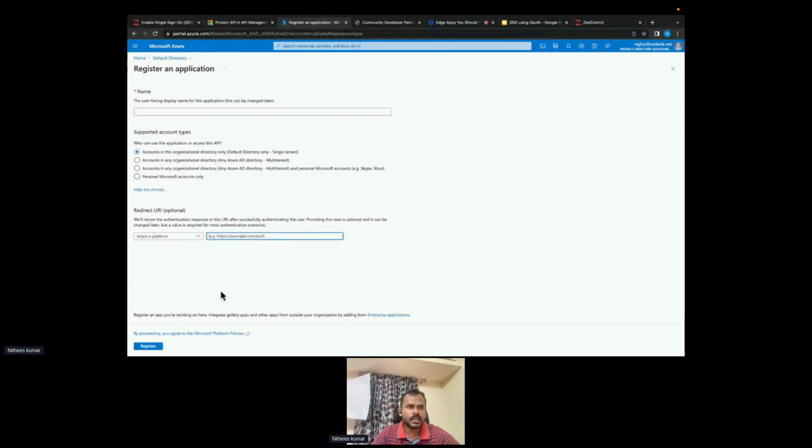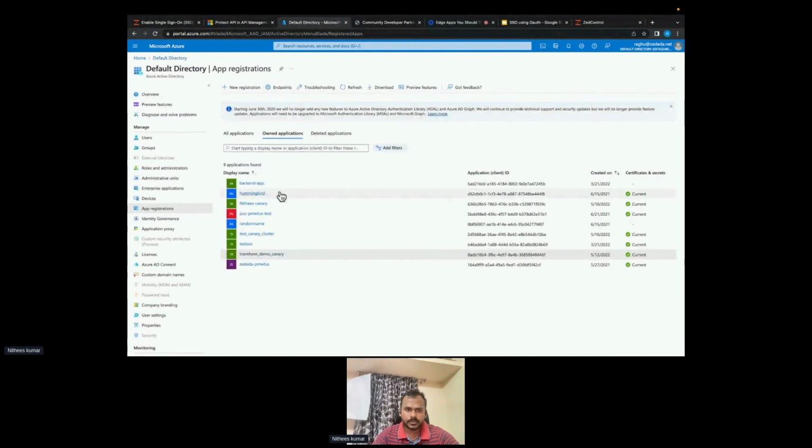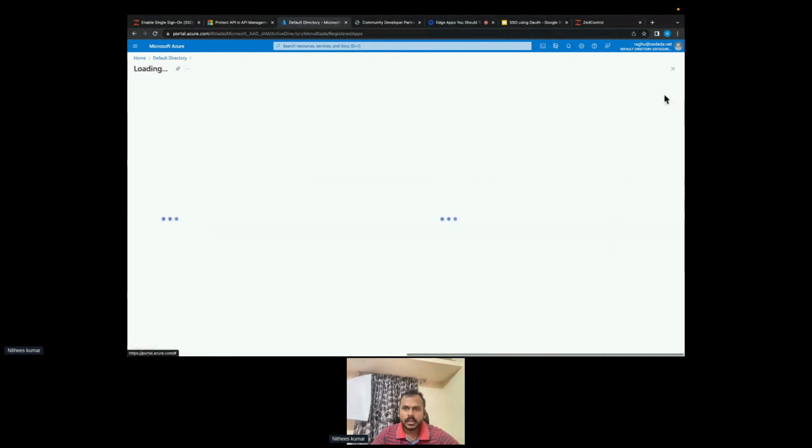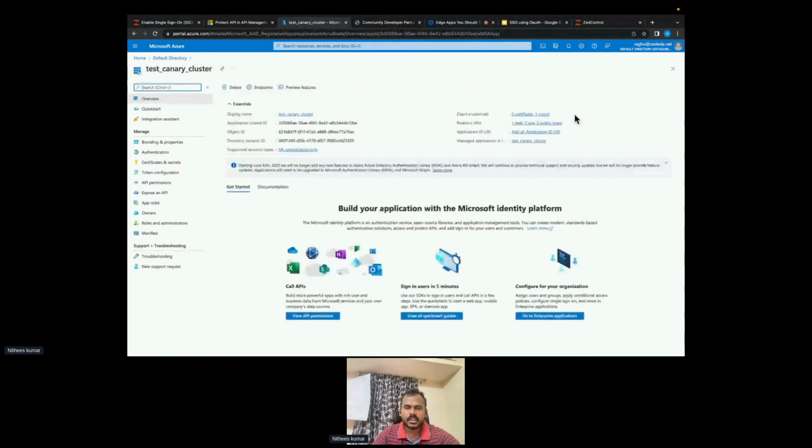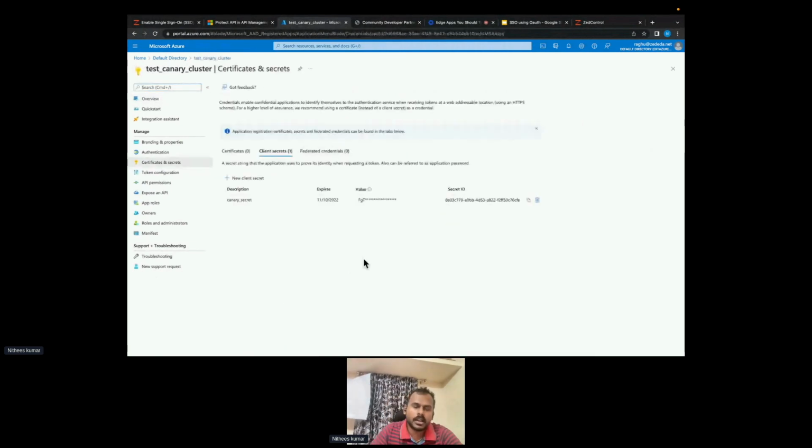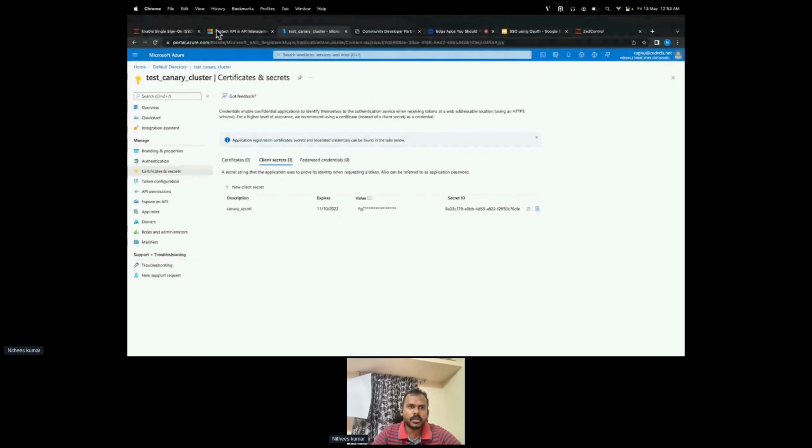Once we are done with the registration, then we have to go to the particular application, and we have to add the secret key. For Google, once the secret key is generated, at any time you can view and see the values. But for the Azure AD, it is generated only one time. At the time of the generation itself, you have to note the values of the secret ID and the value. Once this is done, you can go to the